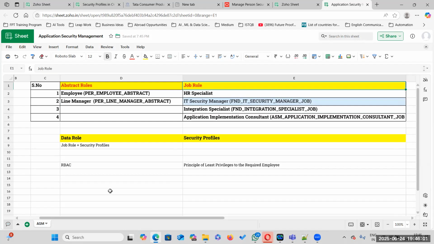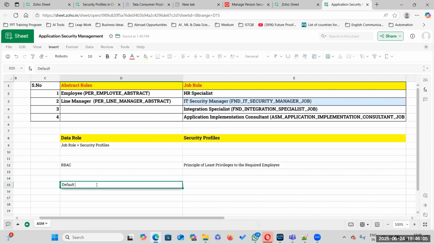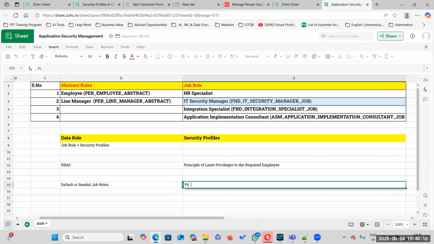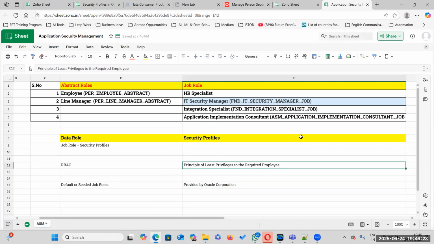Seeded default or seeded job roles. Seeded job role means provided by Oracle. Provided by Oracle Corporation, by default. Okay. Now, suppose there is a requirement as an HR specialist, but he should not see